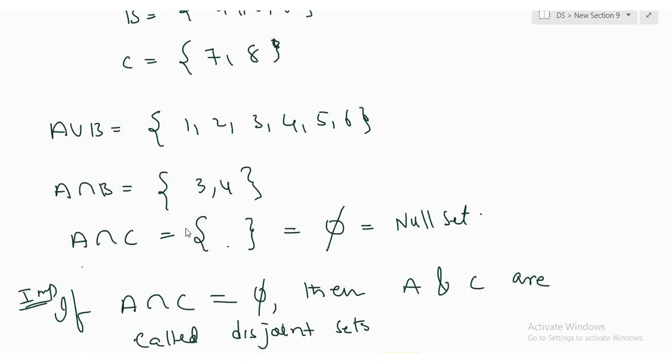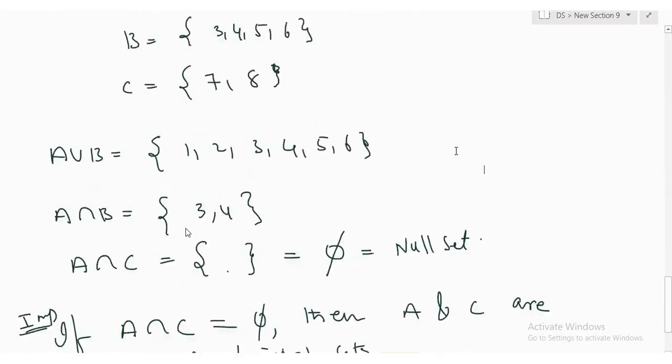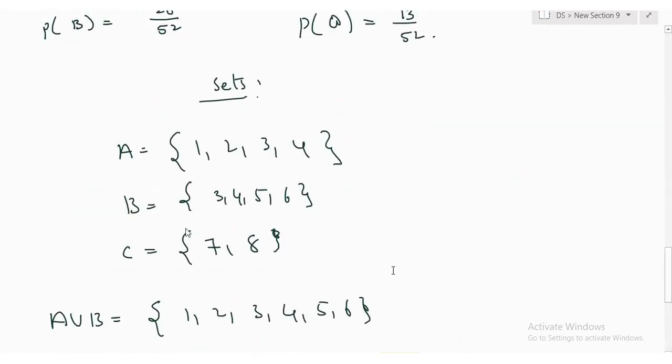Or are they any 50-50%? No. Maybe in identifying whether that person has cancer or not, you are confused. But God knows whether that person has cancer or not, right? Your confusion is not what we are interested in. Whatever God knows, we are interested in. This definition is very, very important. So if A and C have no common elements, then I am going to call this disjoint. We'll connect all these definitions to the real world going forward. Let's not worry about it for the time being. This is good enough.